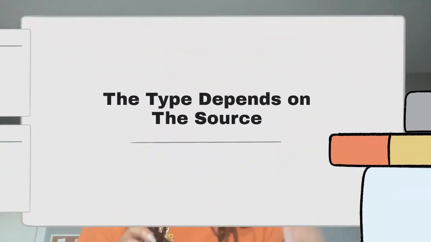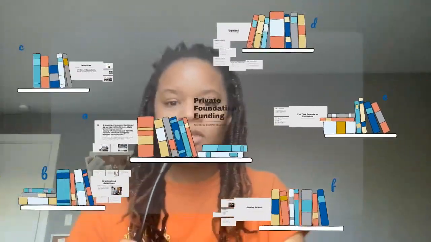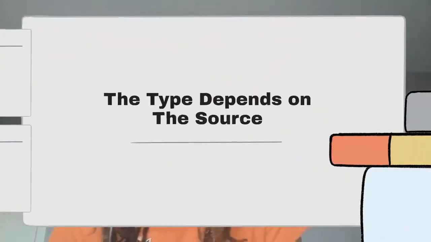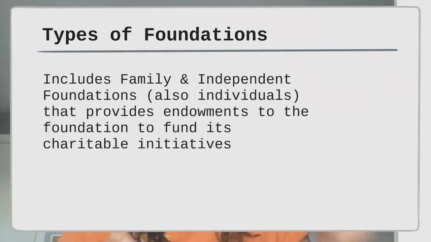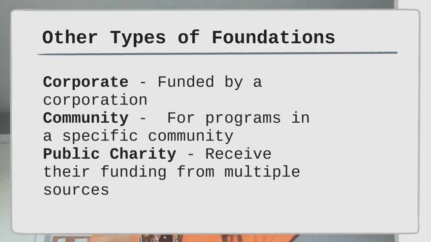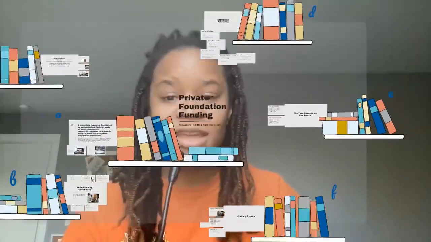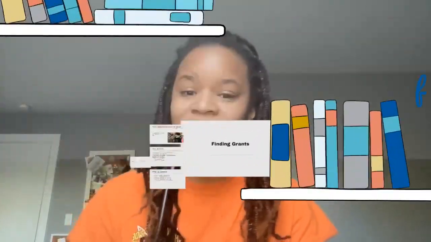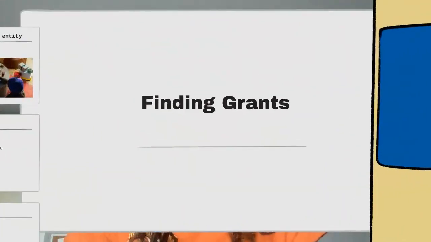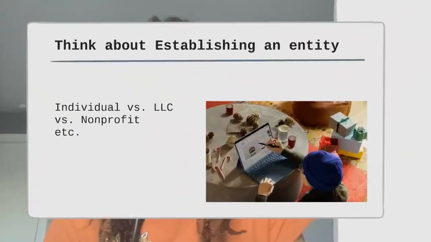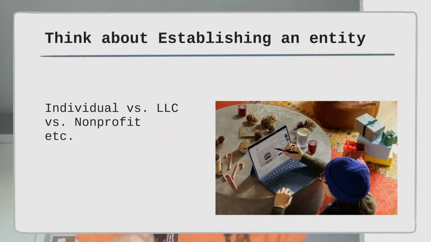The type of funding depends on the source. So there are corporate funders, there are family and independent foundations. Those are the private foundations that actually have endowments that are passed on through family. But other types of funders are corporate, community, and public charity foundations. And so the type of money that you're getting depends on who's actually sponsoring that money and what their priorities are. But when it comes to finding grants, think about establishing an entity like an LLC or a nonprofit,